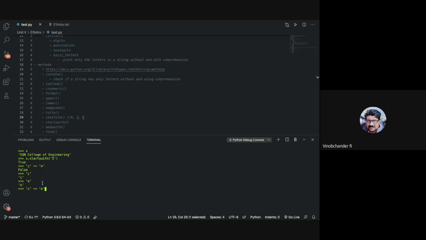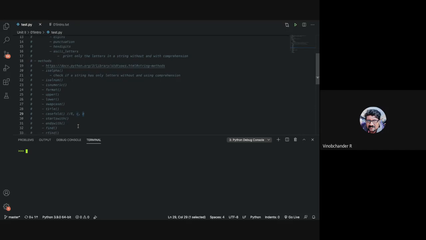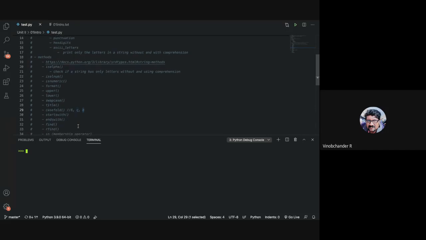okay, now if I do a comparison with case fold, since they have similar meaning in German, if I do a case fold, it's more aggressive and says the result is true. Okay. So that was case fold, starts with, find or find, right? And then you can also make use of in, right? To search a substring within a string, right? So if I say we have X as SSN College of Engineering,